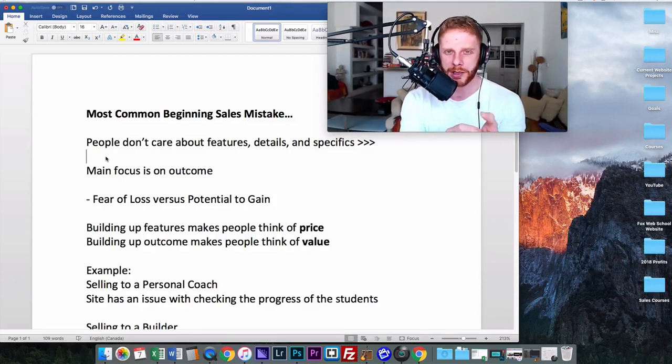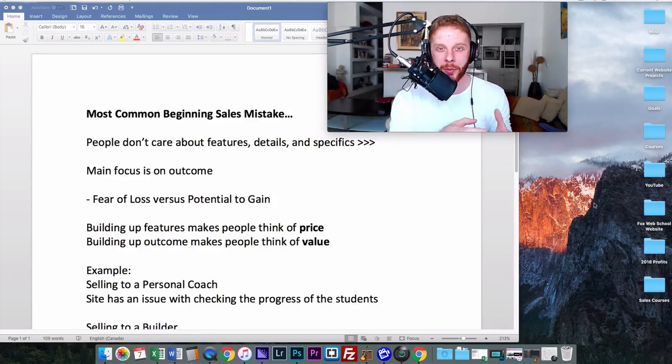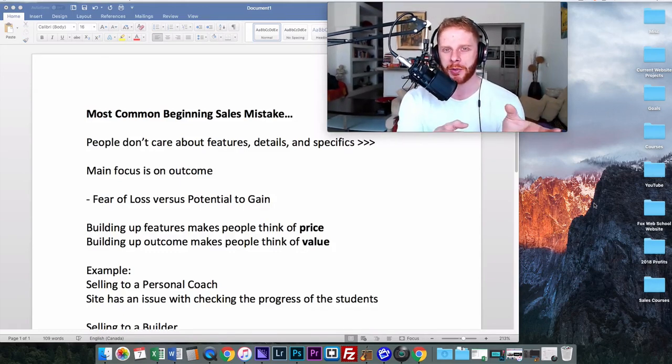When people purchase something, they purchase it for an end result, for some sort of outcome. So maybe they have a problem in their business that they want to get rid of, or maybe they have some sort of goal that they didn't hit last year, they didn't hit last month, and they want to hit that in the future. Vast majority of the time when people buy something, they're buying it because they have a fear of loss, or they're buying it to potentially get some gain. So what I mean from that is when they buy a product or they buy a service, it's because they have some sort of pain point that they want to move away from.